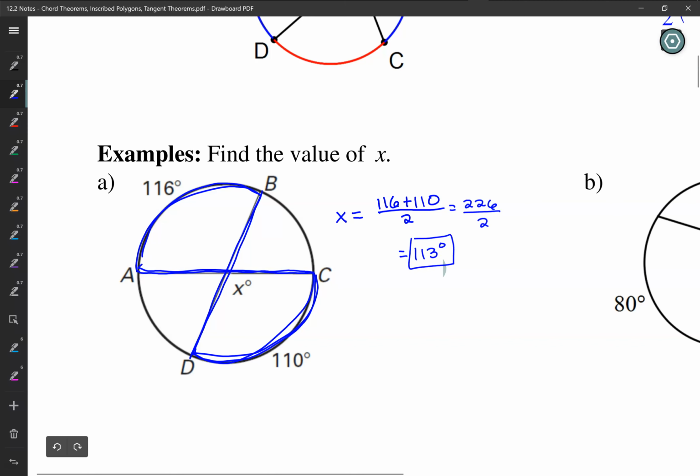So both of these angles in the middle here have a measure of 113 degrees. So you can see 113, well, that's exactly halfway between 110 and 116. If you think of a number line,